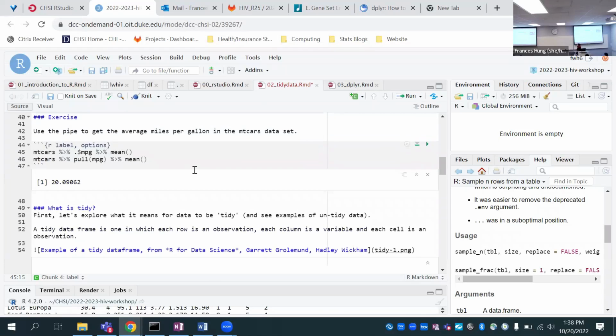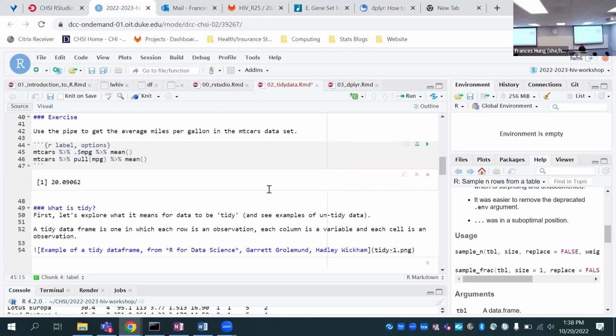So we're going to talk now about what tidy data frames are. And I think there's a nice PNG that demonstrates what that is. A lot of what statisticians' work consists of is getting our data into what's called a tidy data frame, which means it's useful for analysis and we're able to manipulate it very easily.